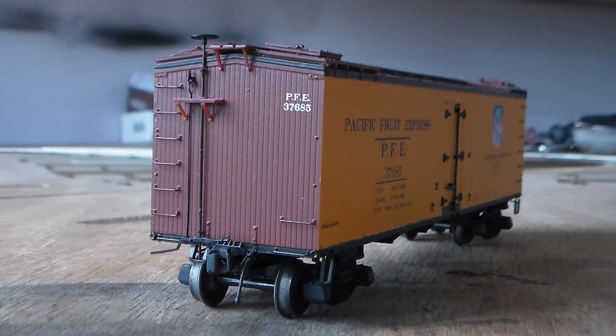Another great thing about this model is that the end detail is one of the finer parts of this car. The red color on the end is fairly accurate and consistent with Pacific Fruit Express paint schemes. There's very little lettering on the end, but that's accurate. I have replaced the KD scale head couplers that came with this car new out of the box with Sargent couplers, as is typical with my rolling stock. But they did come with KD scale head couplers with whiskers, so they self-center, or at least they did before